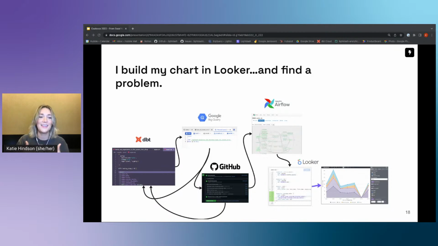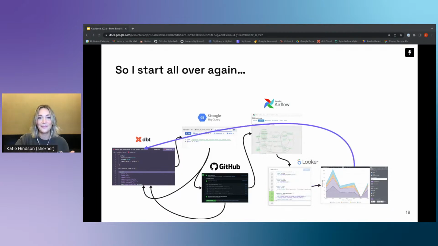So it must be the underlying data model. I probably roll my eyes, take a deep breath, potentially go and check the memes and off-topic chat in the dbt Slack, because I just need some joy back in my life. Because now I have to go all the way back to the very start of my pipeline and start the